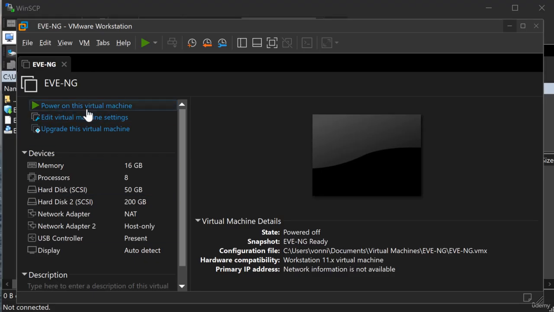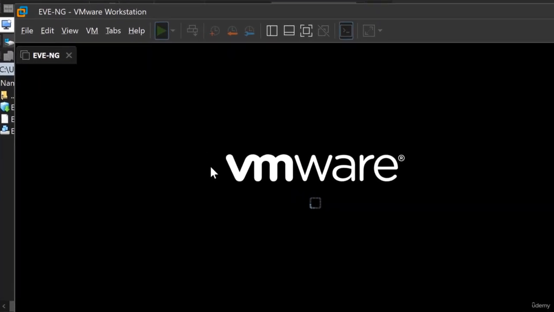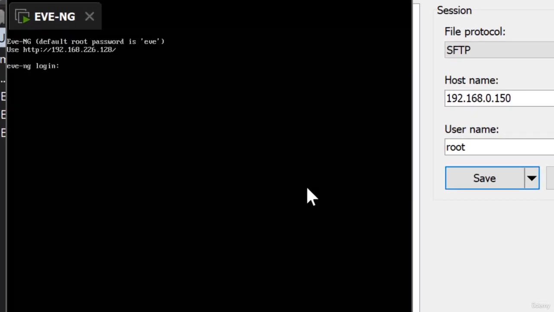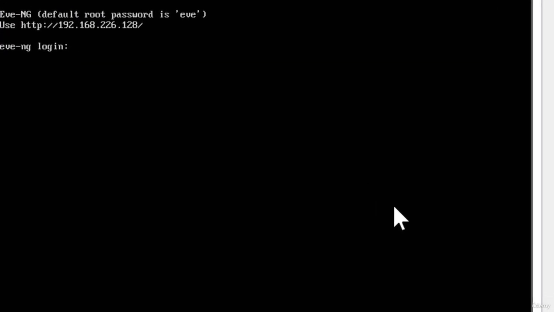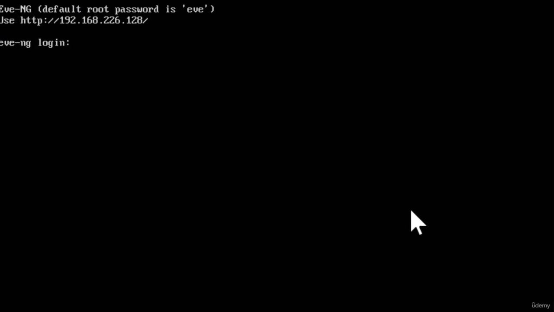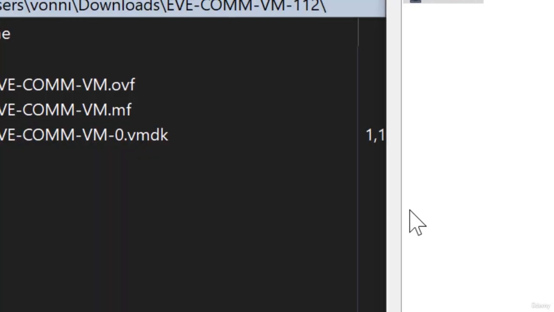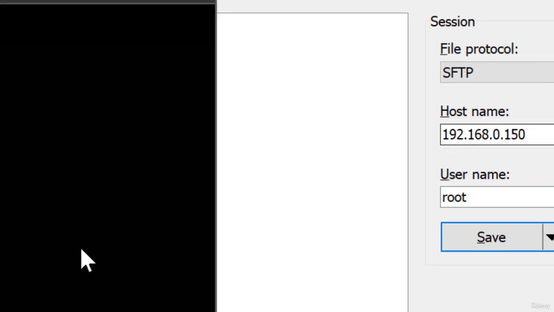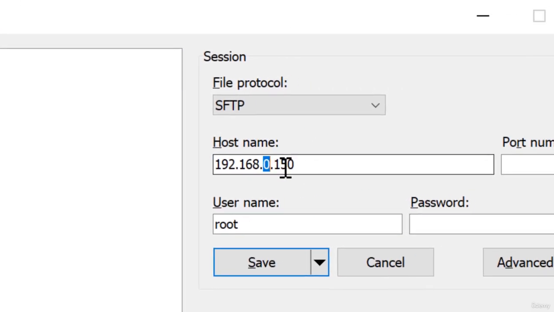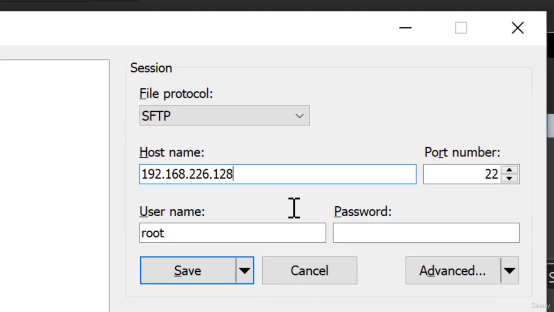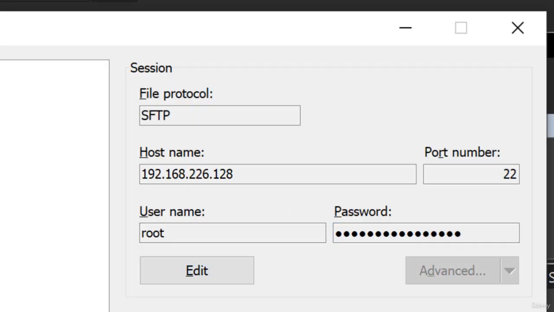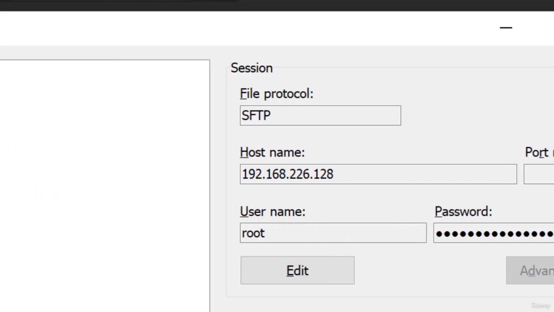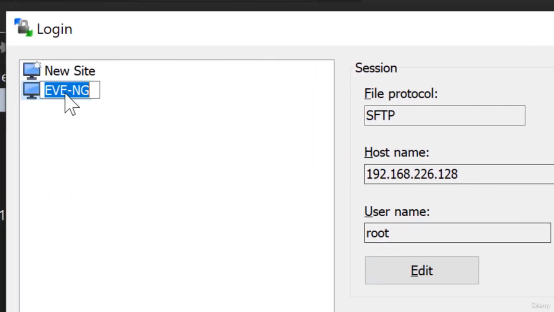I'm going to power this machine on. All right, and you can see our IP right there. So let's go ahead and put that in. .226.128. And the password is Eve. So we can click save. And now we've just updated this information here, right? So we've got these settings saved. And if I click login,